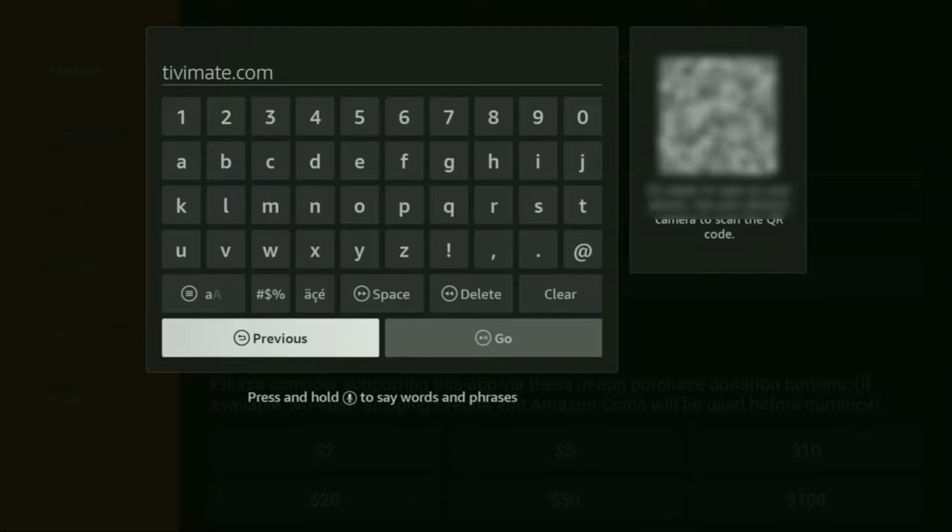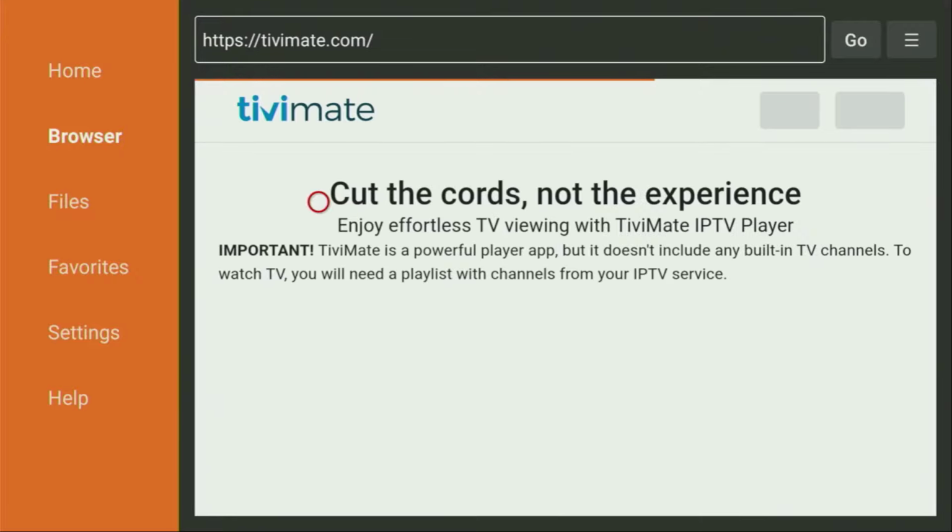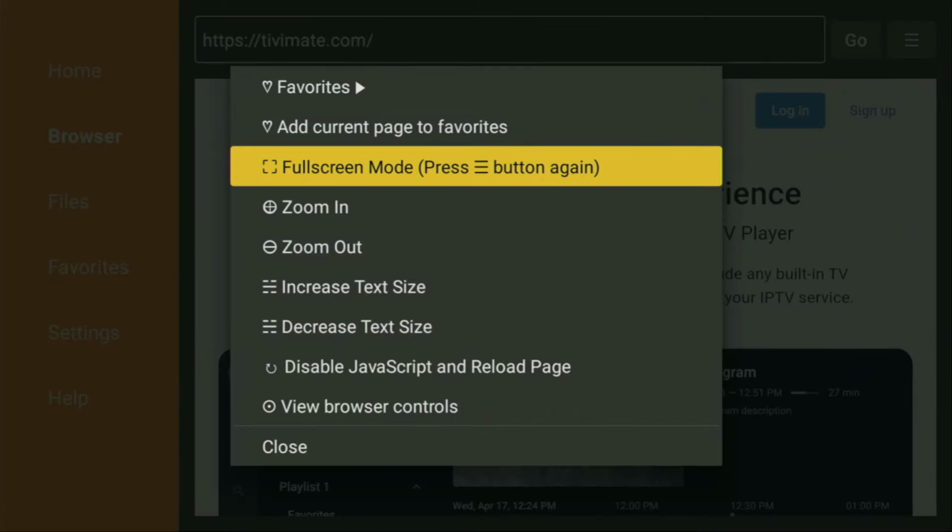And there's the link, you can see it on your screen right now, so make sure to enter it as you see it. Then you click on Go, and while the website is loading,